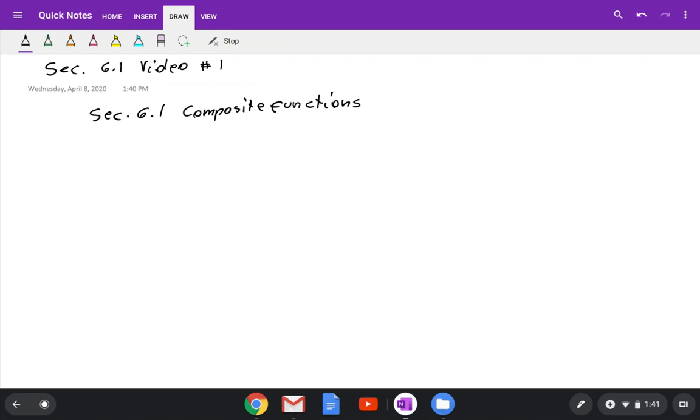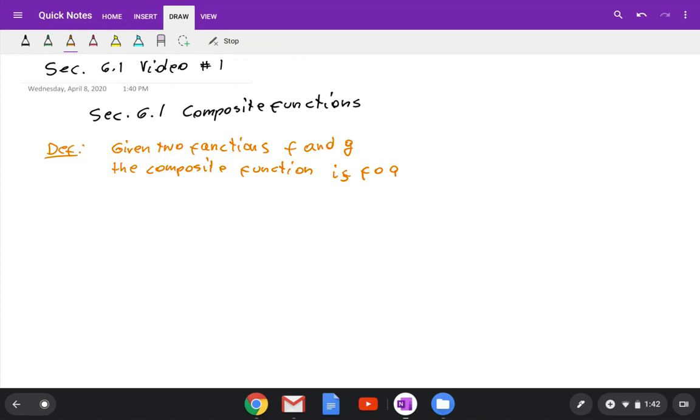We talk a little bit about composite functions in section 6.1. They're going back to that. So let me start with the definition. Given two functions, f and g, the composite function is